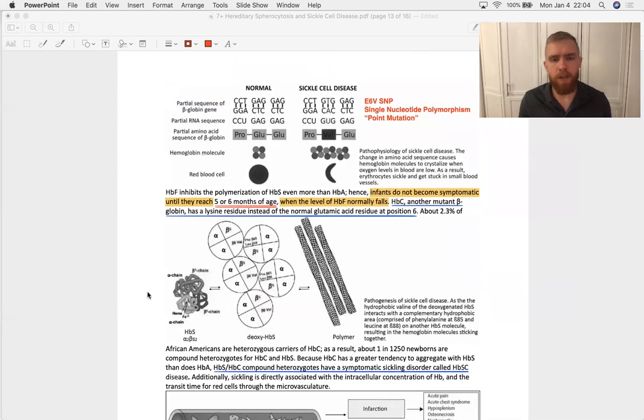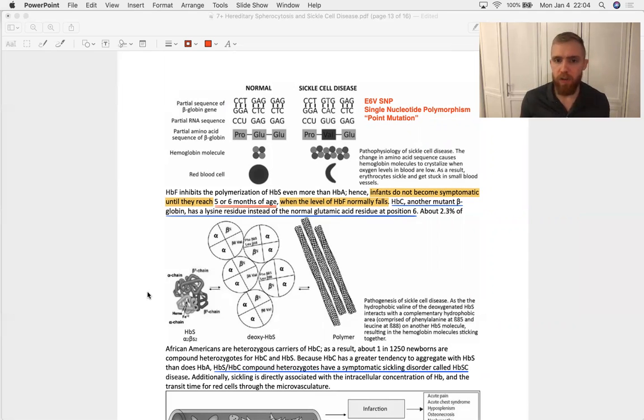Now, getting more into the specifics of the mutation, it's an E6V single nucleotide polymorphism in which you replace glutamate with valine, and valine is nonpolar, non-charged. Got that? So what holds sickled red blood cells together? They're stuck together by a force. What is it that holds them together? The answer to that is